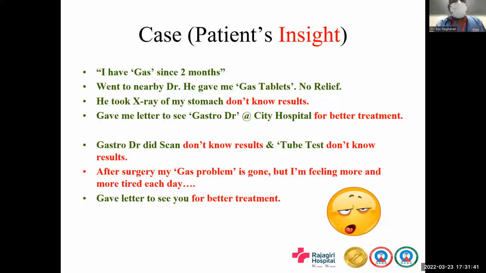They said that I needed a surgery. I did not have money at that time, so I went back to my village and it took me some time to get the money arranged. So once that was done, I called them and I got a date, and then a surgery was done. And then after that, they gave me a letter to see you. But what about the surgery? I mean, what did they tell you? What was the surgery all about?